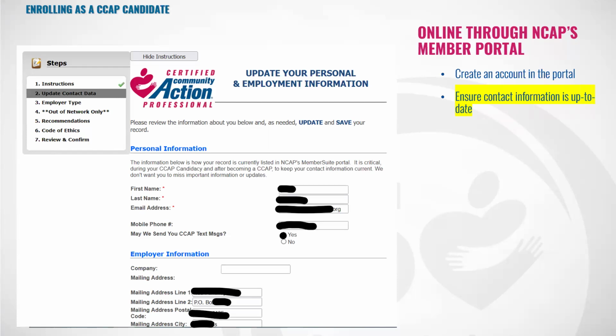Sometimes we can't reach you by email. You may recall that I talked about those spam filters catching up with emails that come from the CCAP program to your inbox. That's a pretty frequent problem because we send emails to a lot of people and we are sometimes tagged as a potential spam source.